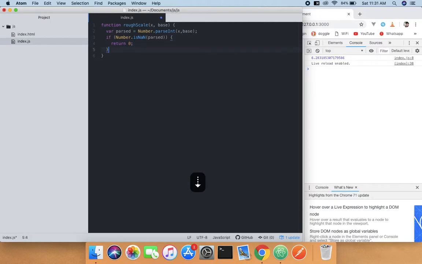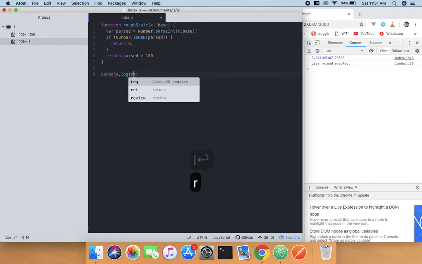When we're done with that, what we're gonna do is return, if none of this, return parsed. Everything is clear now. Just log it on the console, use the function we created, and pass arguments